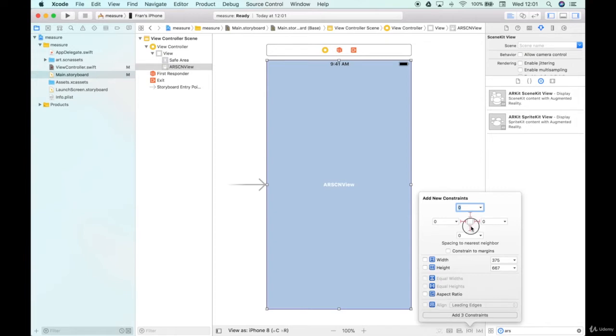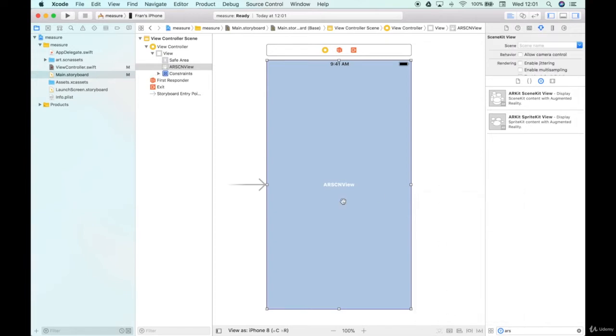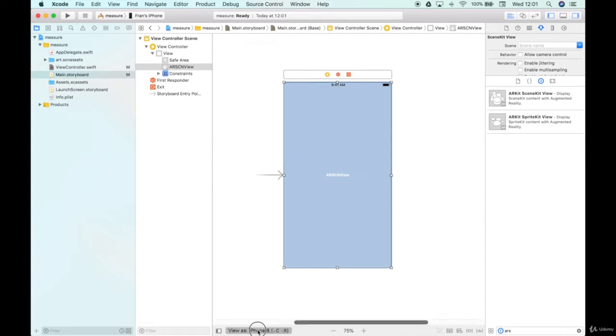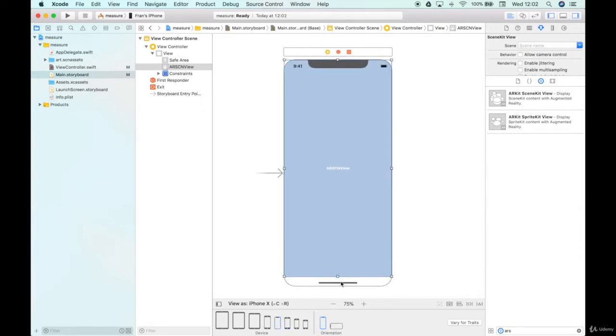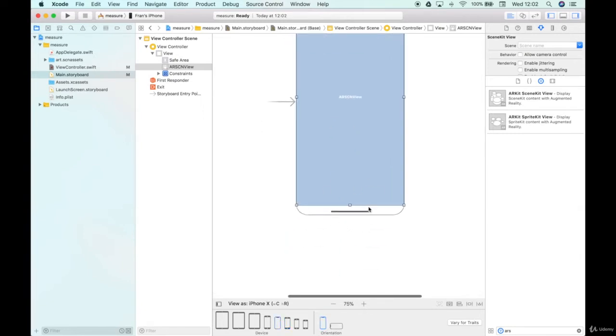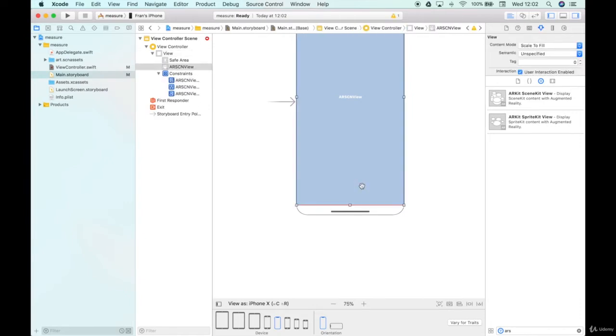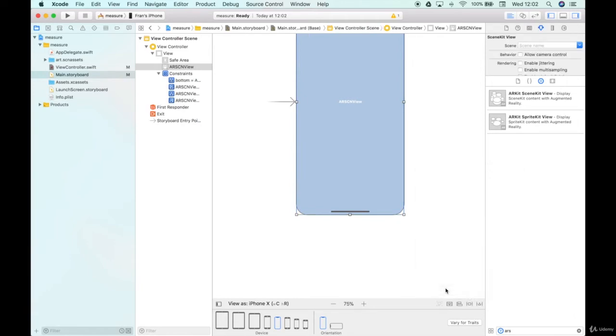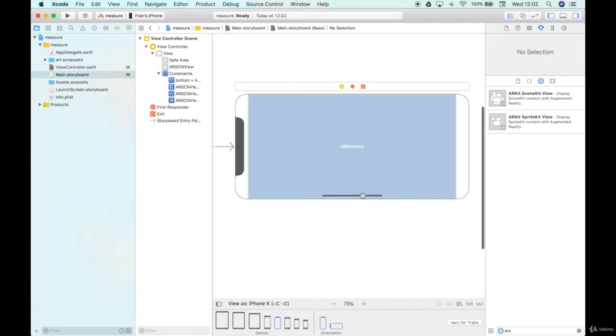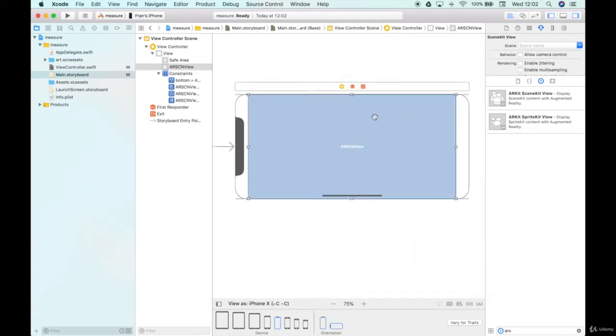So 0 everywhere. Okay, so this might look good, but if you look at iPhone 10, you will see that it didn't actually go all the way to the bottom here. So we can delete the bottom constraint. Now drag this all the way down, and now we can add a 0. Okay. And if you look at the orientation in portrait mode, the same happened as well. So